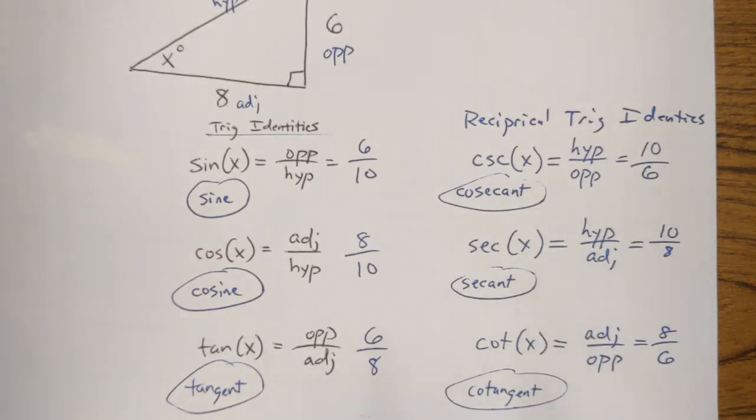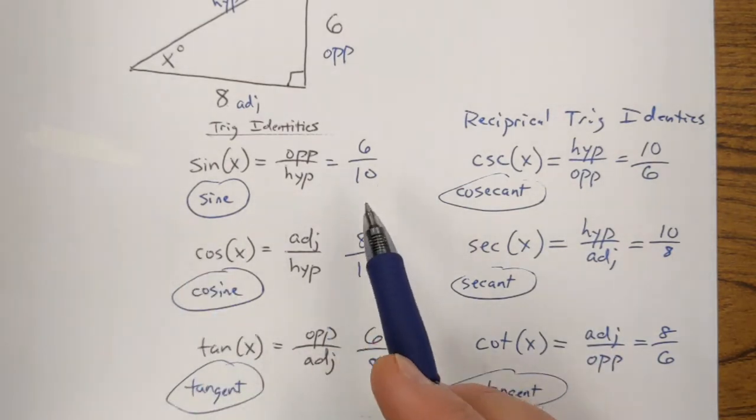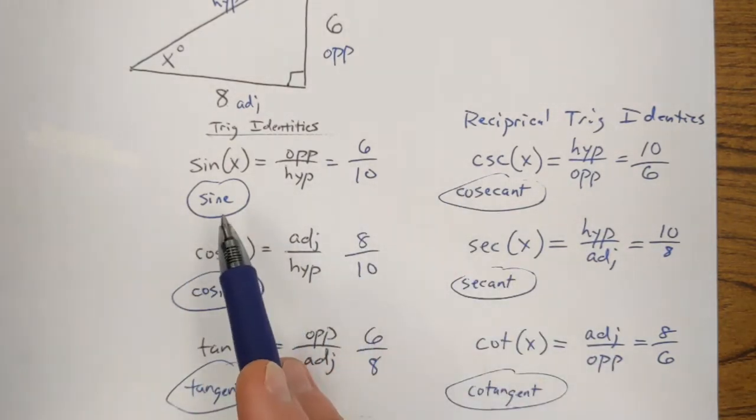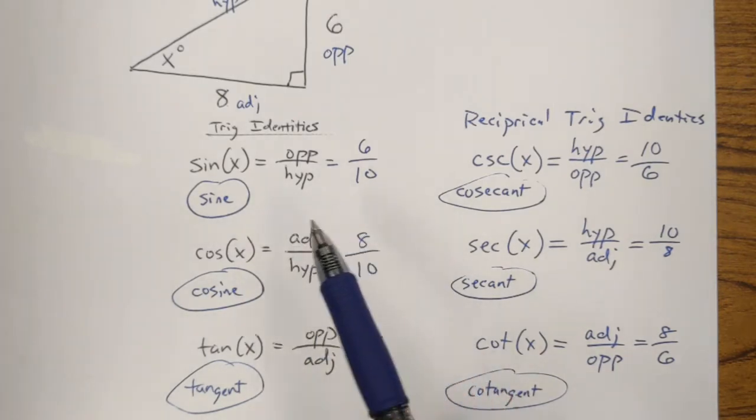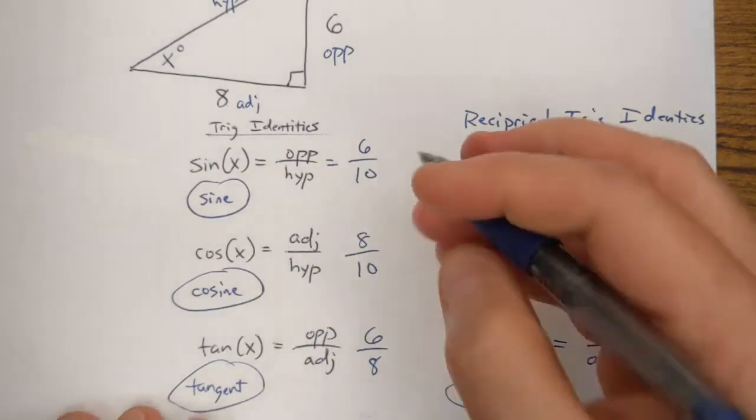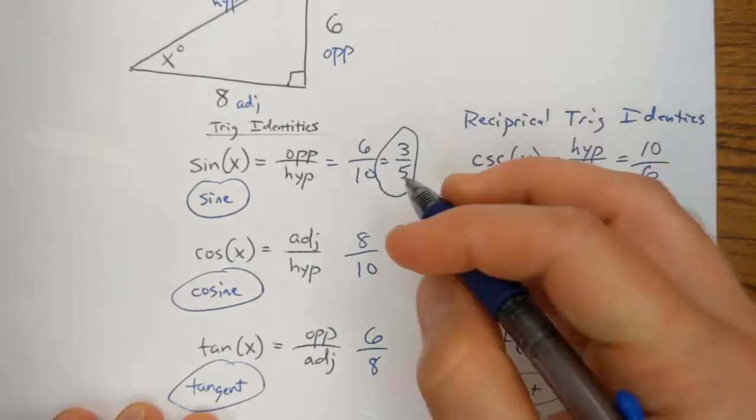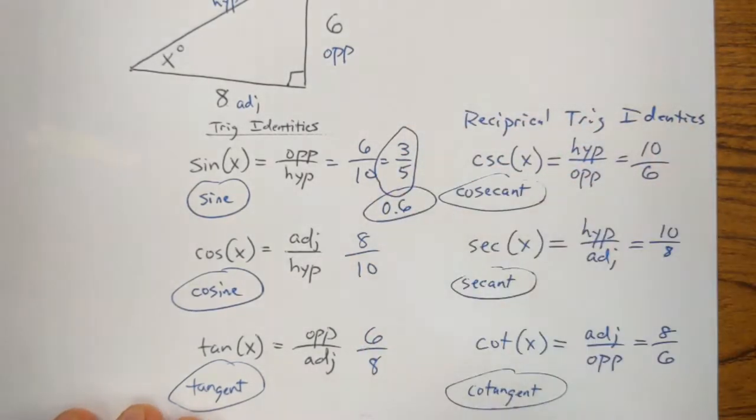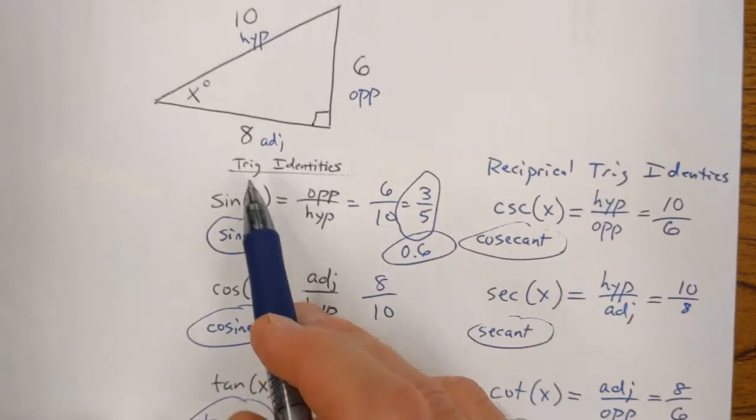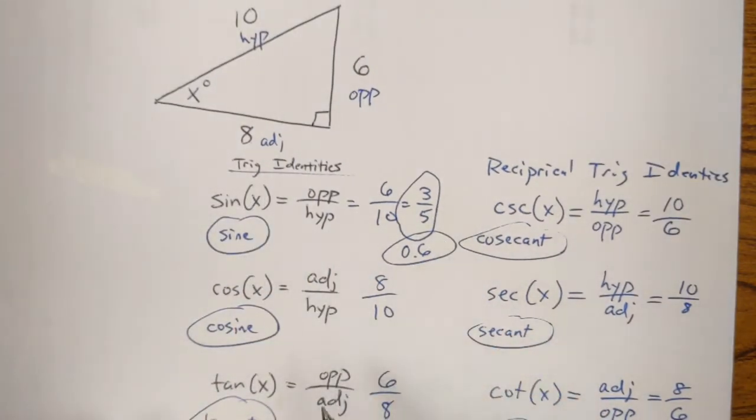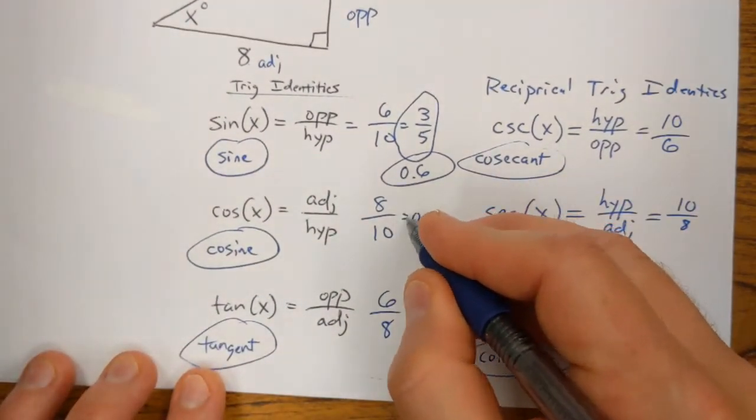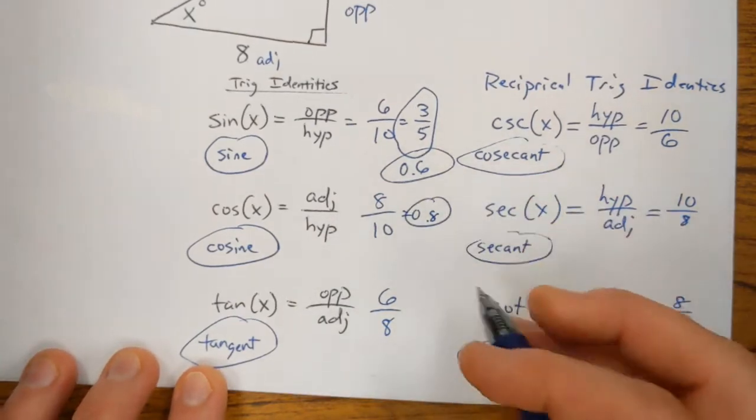And then just a quick note: when you evaluate what a trig identity is equal to, sometimes you'll leave it as a fraction, like you could simplify this as a fraction. And then sometimes it's converted into a decimal as well. So you could say the sine of this angle x is 3/5, or you could say 0.6. This you could reduce, or write as a decimal, 0.8,